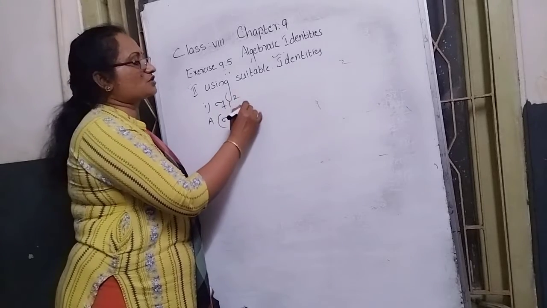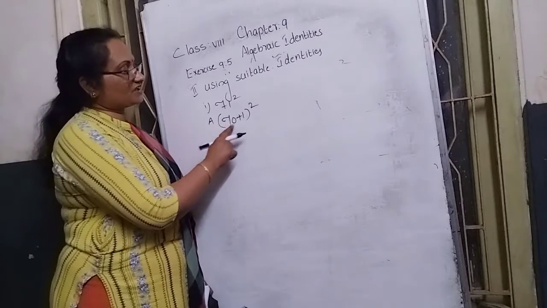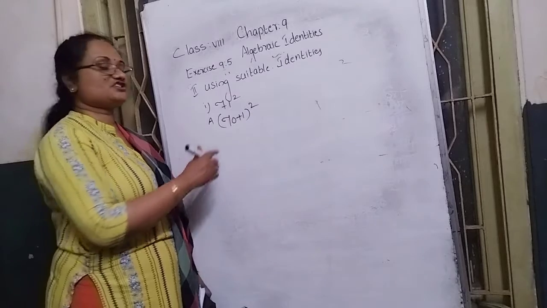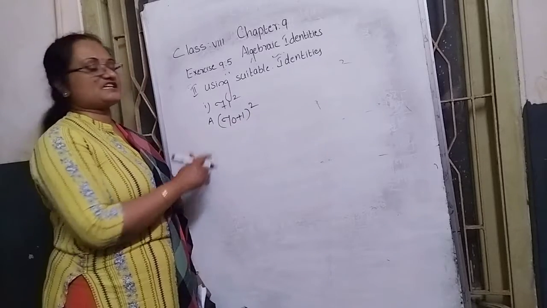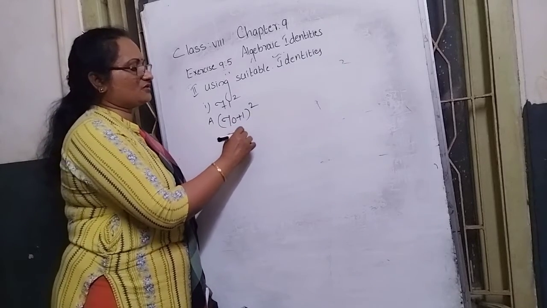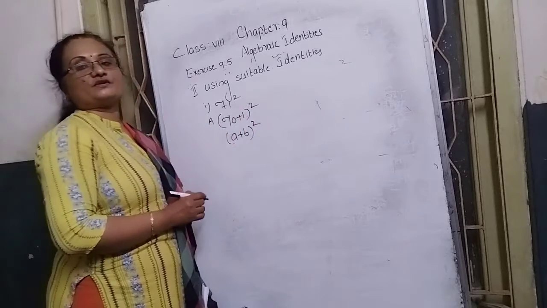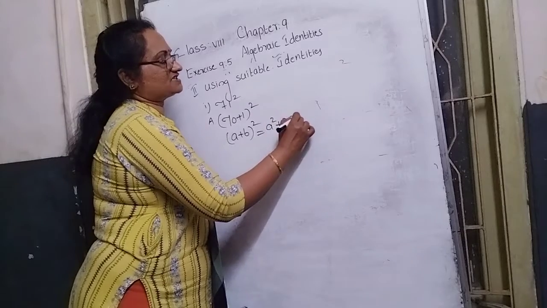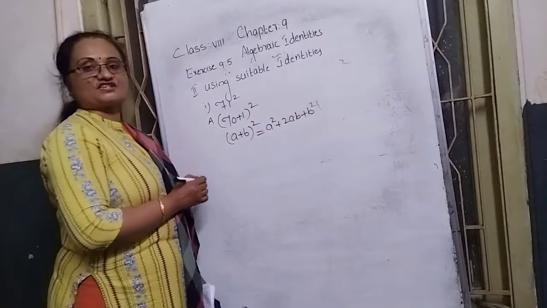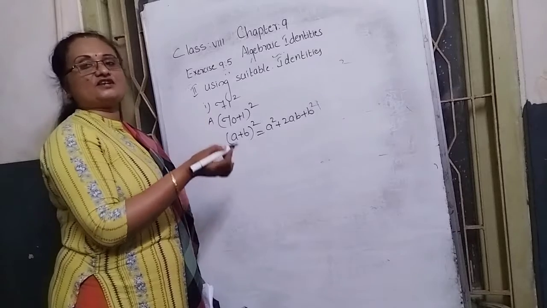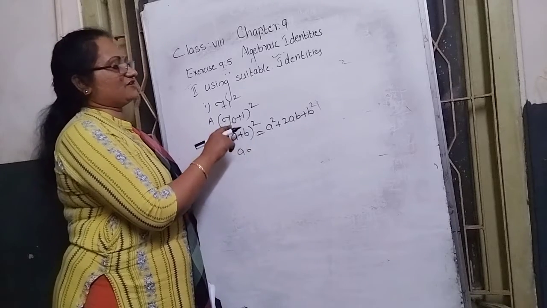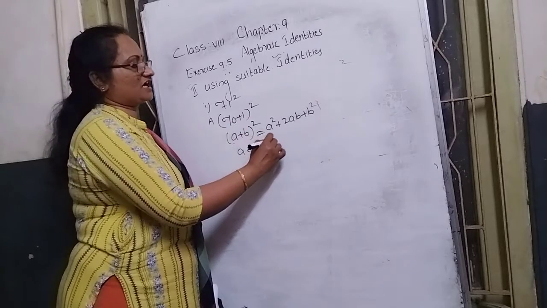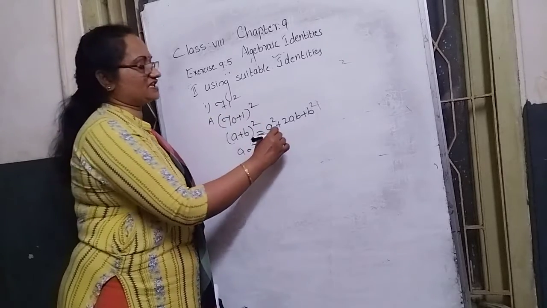But the bracket and whole square is there. So look inside the bracket, how many terms are there? 2 terms. It represents which identity form? The operation is plus. That's why we understood that it is in the form of a plus b whole square. What is the expansion form? a square plus 2ab plus b square is the expansion form. Then sort out the a value and b value. In this question, the a value is the bracket's first term, that is 70. The b value is the bracket's second term, that is 1.